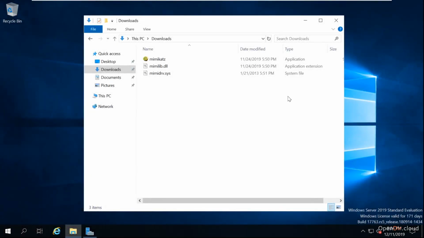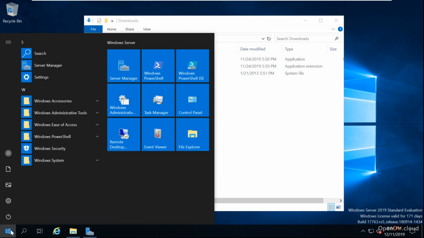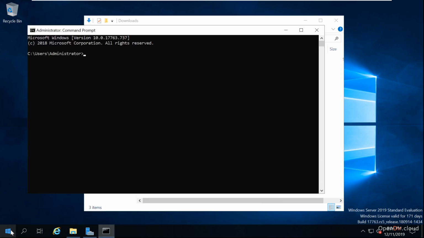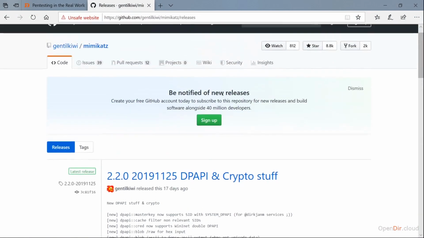Okay, so I am now on the domain controller, and I have Mimikatz and the three files that were in the x64 folder of the zip just extracted here to the downloads. And I'm just going to go ahead and go into a command prompt. And something I should point out too, let me bring back up Edge, is if you go up top to